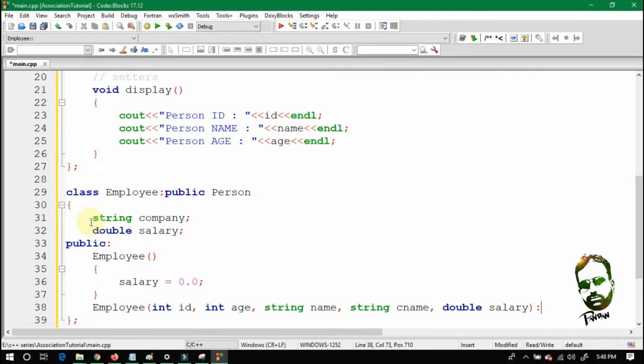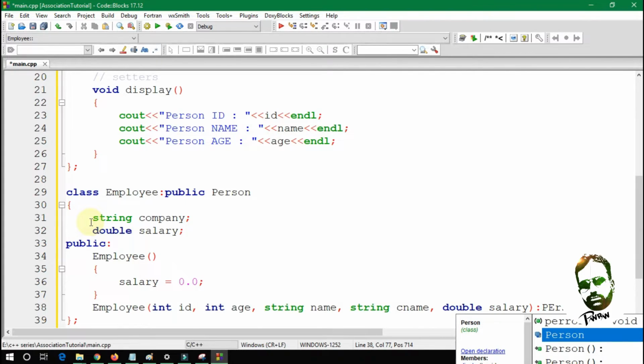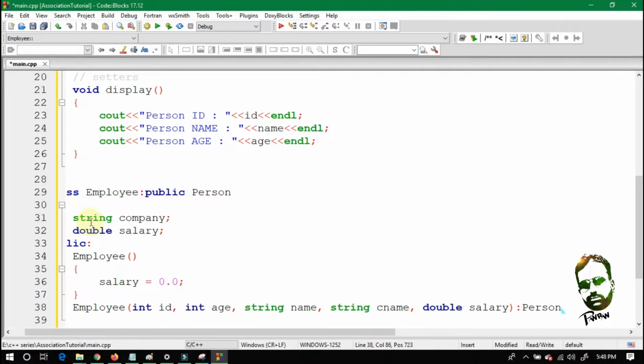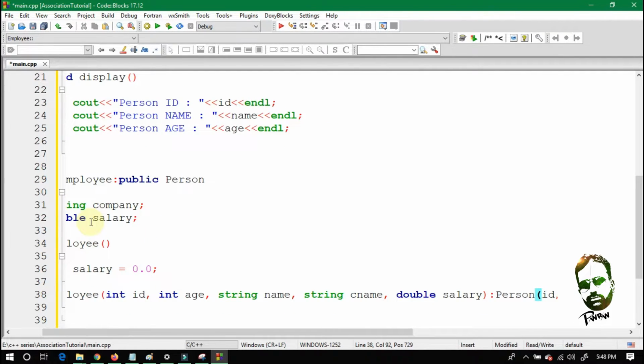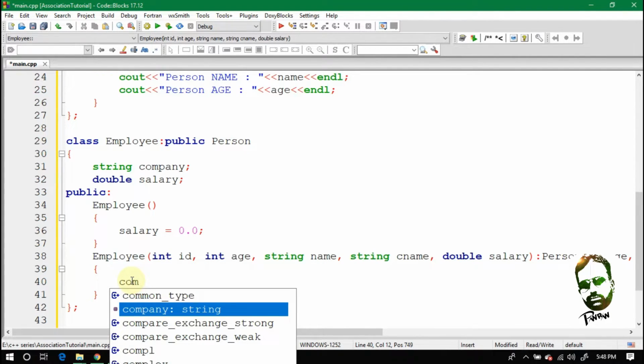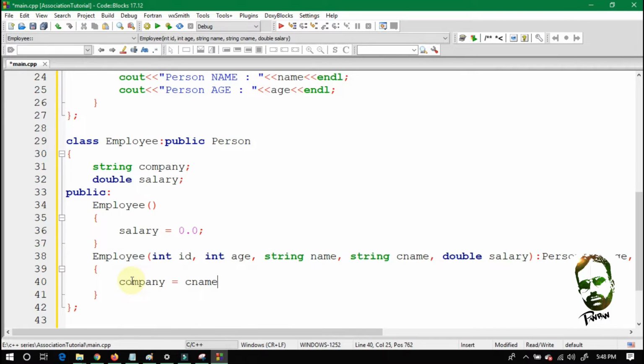So by using the base initializing list, you will call here person and you will pass here ID, age, and name. And this C name will be stored into this company. Company is equal to C name and this arrow salary is equal to salary.